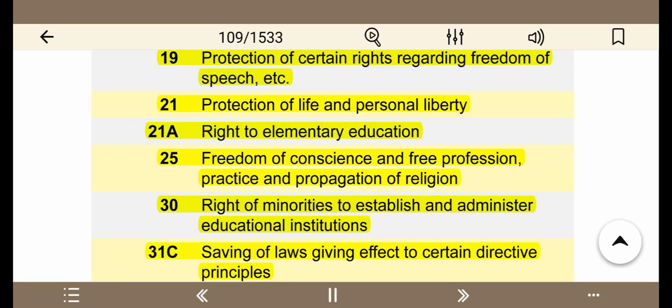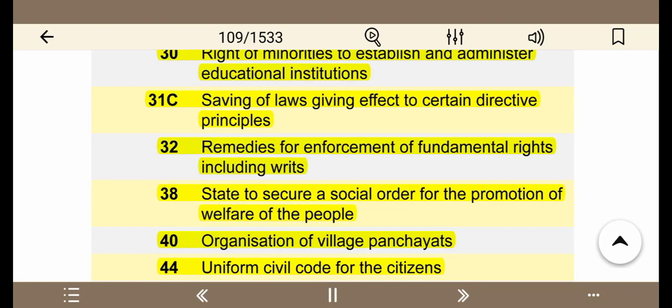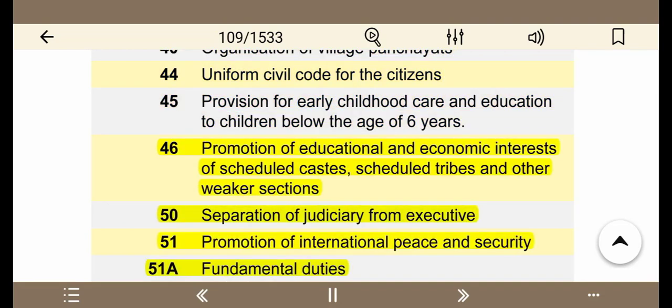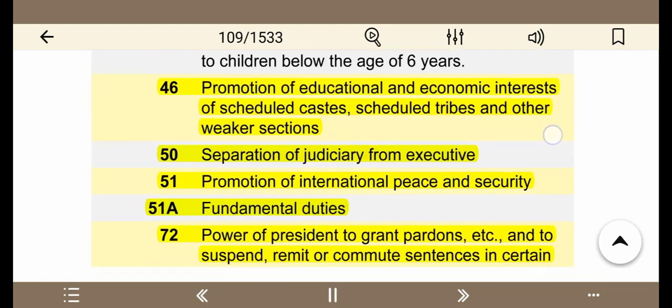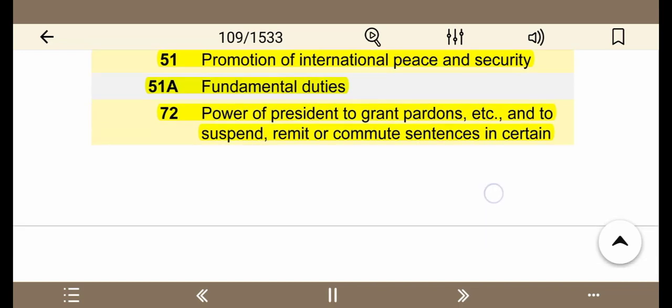and propagation of religion. 30, Right of minorities to establish and administer educational institutions. 31C, Saving of laws giving effect to certain directive principles. 32, Remedies for enforcement of fundamental rights including writs. 38, State to secure a social order for the promotion of welfare of the people. 40, Organization of village panchayats. 44, Uniform Civil Code for the citizens. 45, Provision for early childhood care and education to children below the age of 6 years. 46, Promotion of educational and economic interests of scheduled castes, scheduled tribes and other weaker sections. 50, Separation of judiciary from executive. 51, Promotion of international peace and security. 51A, Fundamental duties. 72, Power of President to grant pardons, etc.,